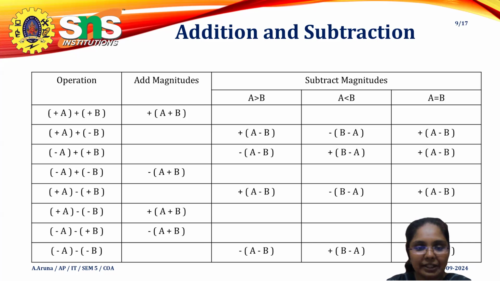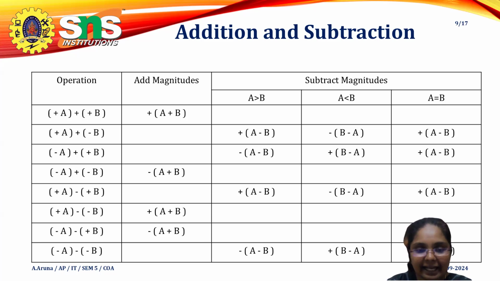The next case is where both values are equal. In this case, the value will be 0, and 0 doesn't have a negative, so automatically it will be positive. The last case is the same, where both numbers are negative. In this case, I'm going to subtract A minus B and attach the sign of A because A is the largest value. Here, B is my largest value, so I subtract the value from B and attach the sign of B. I'm putting the plus here because if I move the minus inside, my B value is positive, so I have to put the positive value here.